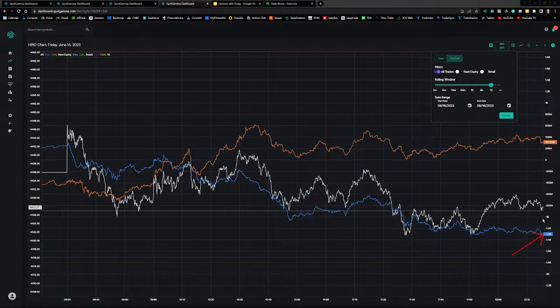At around noon, traders were net buyers of puts, and the put buyers were winning. So this is minus 1.3 billion for the blue line versus positive 300 million for call buyers. So this is what I was looking at,